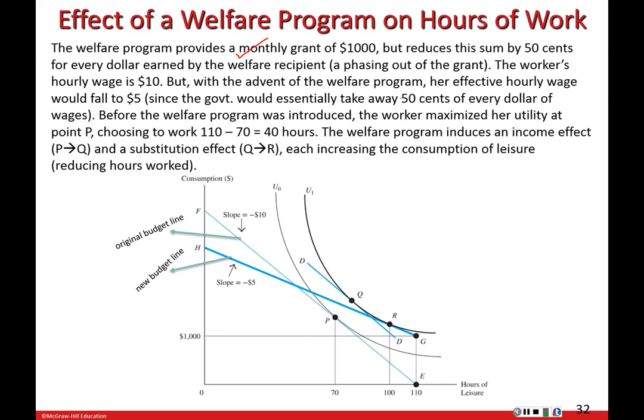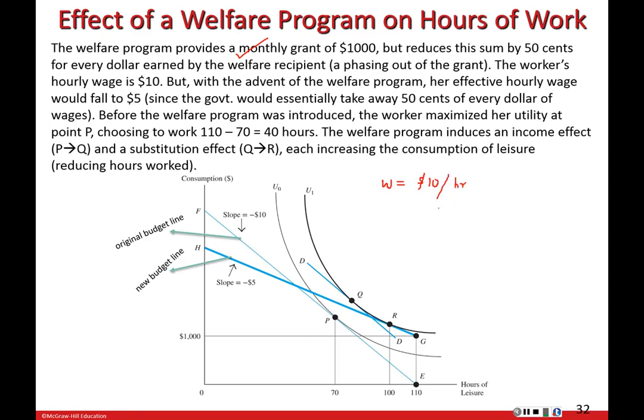But this sum is reduced by 50 cents for every dollar earned by the welfare recipient, a kind of phasing out of the grant. So you're given $1,000, but for every dollar you then earn by working, the government reduces the $1,000 grant by 50 cents. So in effect, this is taxing the earnings. So if you're earning, let's say the wage rate is $10 an hour,